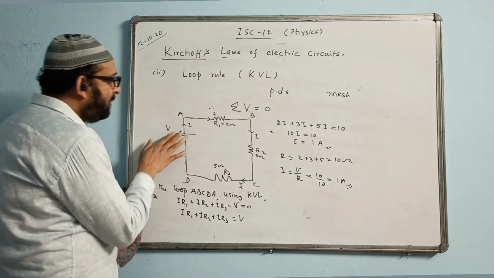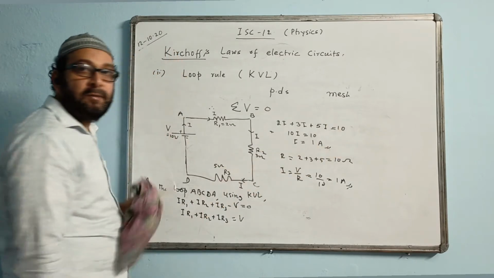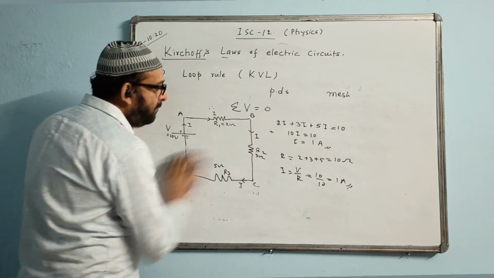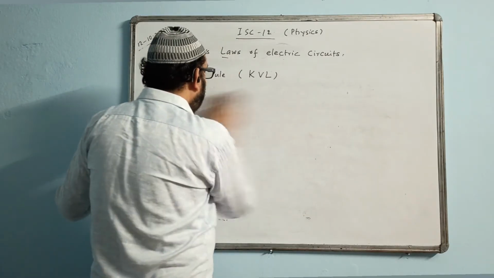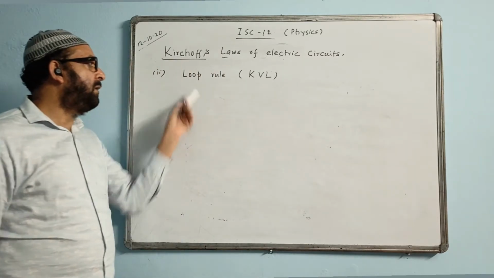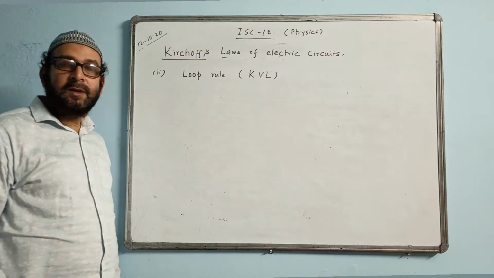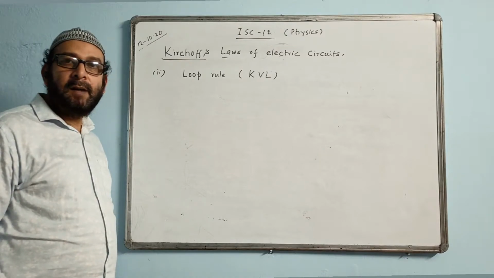Now, suppose this voltage is not there, we will write the voltage value equal to 0. There is no voltage, we write equal to 0 if there is no cell over here. So I give a question, then from there you get an idea. Write a simple numerical problem, and then we will do some other thing. The question says find the current I.